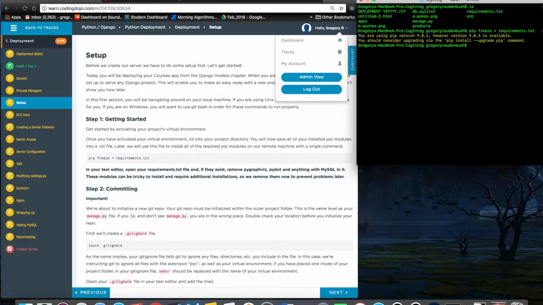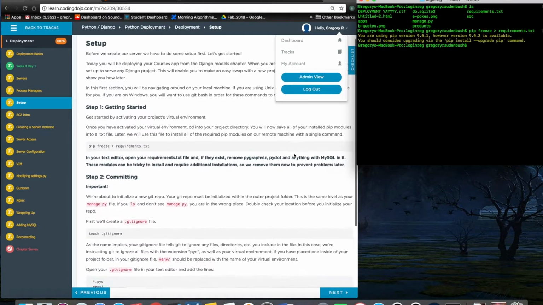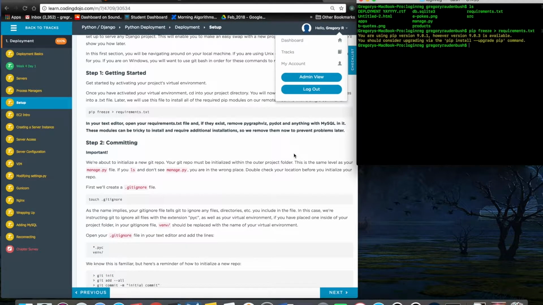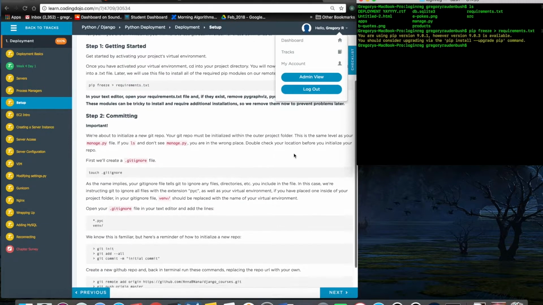And what that does is we'll save all of the installed libraries and frameworks so that we can install them on our server later. So next we need to create a git ignore file so that we don't upload too